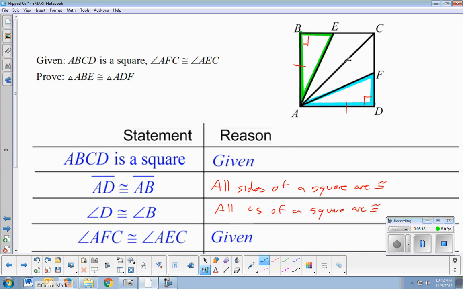What properties of sides can you get as far as opposite and all sides congruent? What properties of the angles can you use? Anything about parallel, anything about diagonals? Really, those are the four things you've got to think about: side properties, angle properties, parallel properties, and diagonal properties. We got something from sides and angles. Parallel is not going to happen here, and diagonals, BD is not drawn, so we don't have to worry about